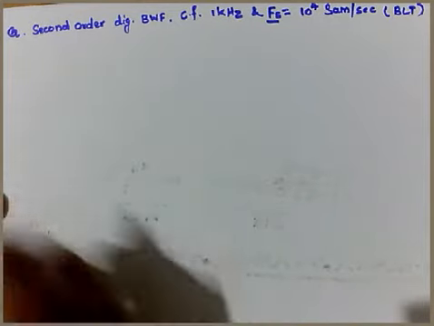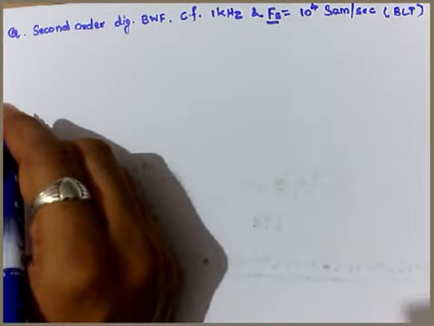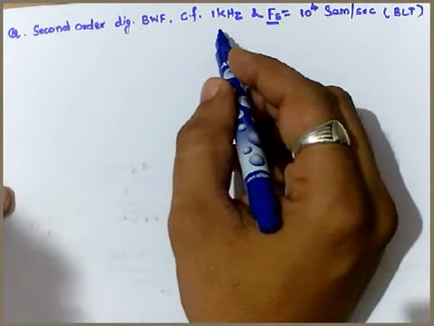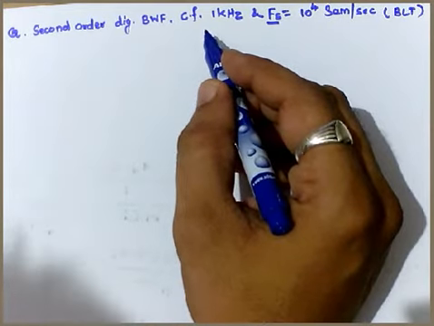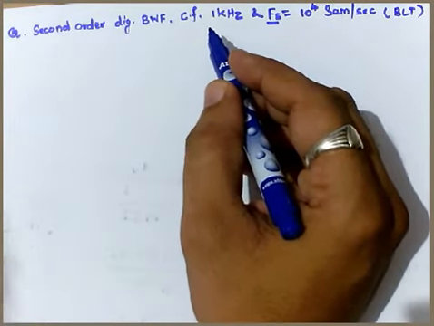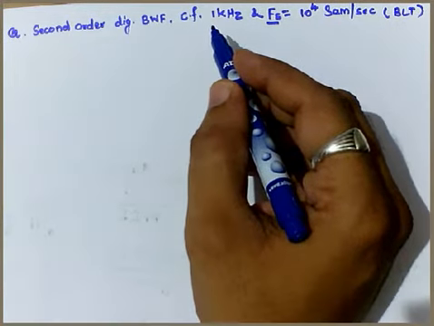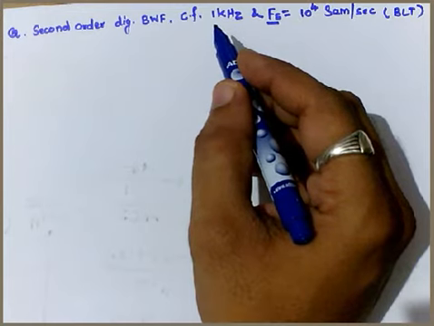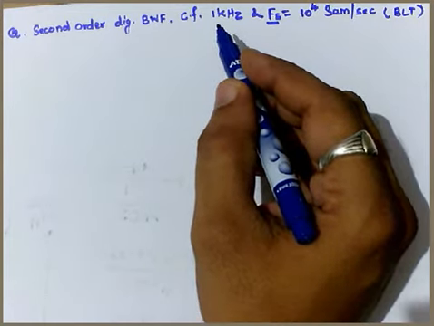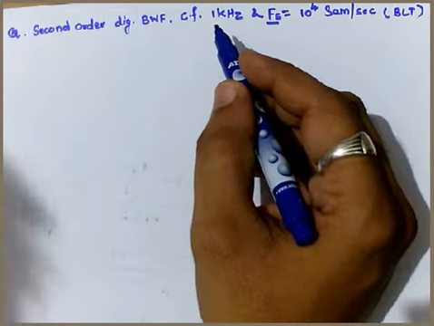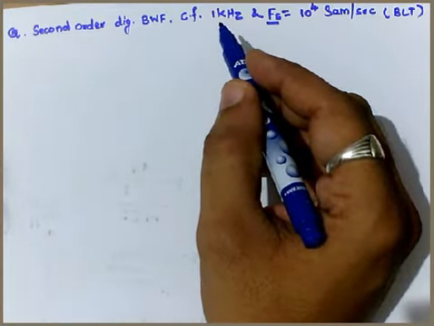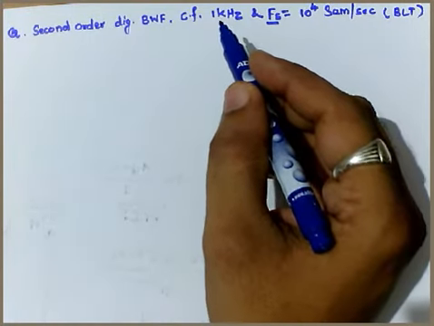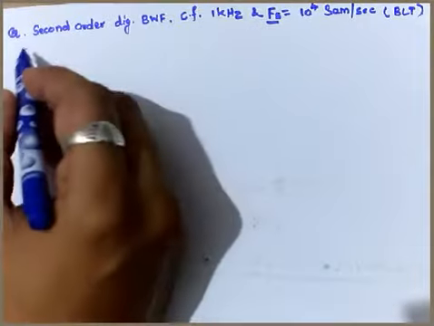In this numerical, the specifications of the digital filter are not given directly. So what is our job here? We require the design specification for the digital filter. Therefore, for the Butterworth filter approximation, we need to convert this specification into the analog filter specification first, and then by application of the bilinear transformation, convert it into the H of Z. So first of all, let's see what exactly the data given is.